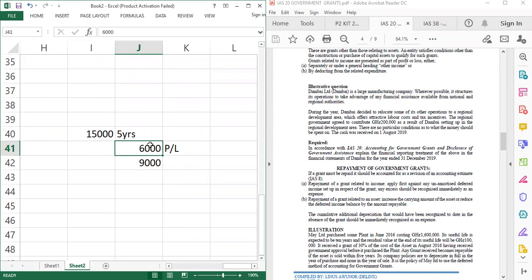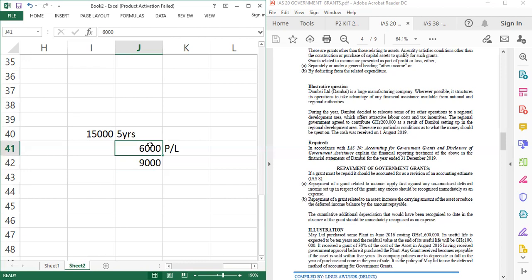Assume that the portion of the grant that you are paying was not taken at all. If it was not taken at all, how are you going to account for it at the day that you purchase the asset? You go by the normal process. Compare with if the grant is taken. If the grant is not taken, what should have been the carrying value? Then you look at the carrying value when the grant is taken. You add the difference between the two.